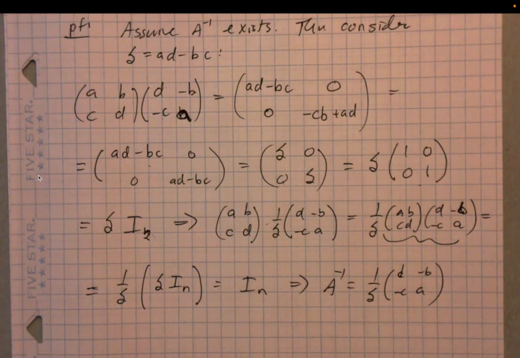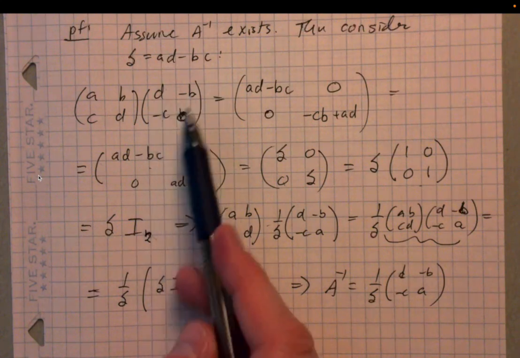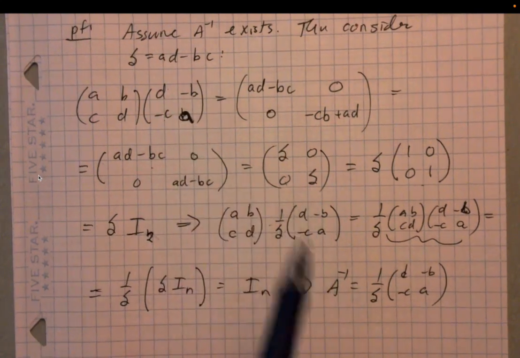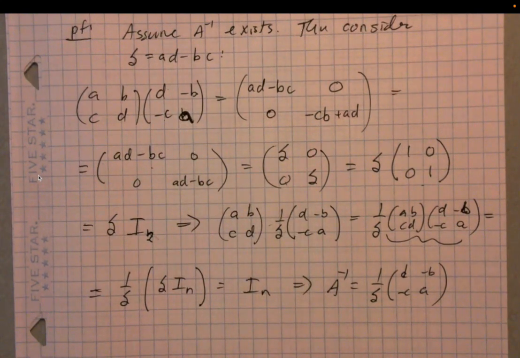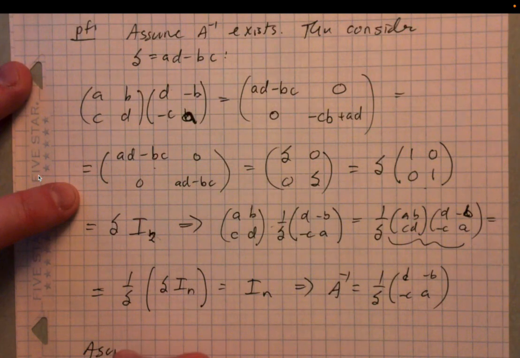Okay? And so that shows you that if the inverse exists, it's going to have this form. It'll have to have this form, won't it? We know also that the inverse is unique, so there isn't some other way to convert these numbers to get to the identity. Right? This is the only way. Okay. Now the other direction, let's assume next